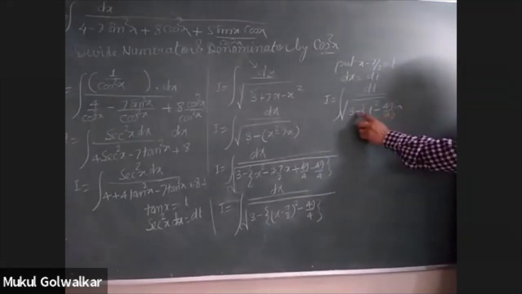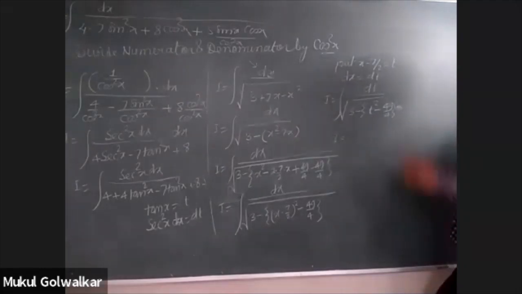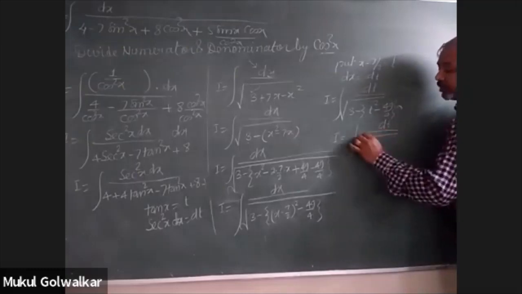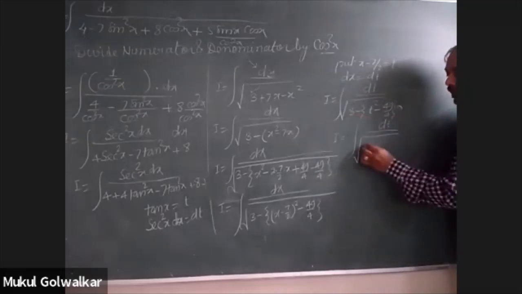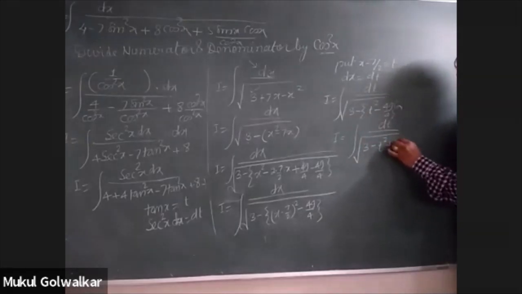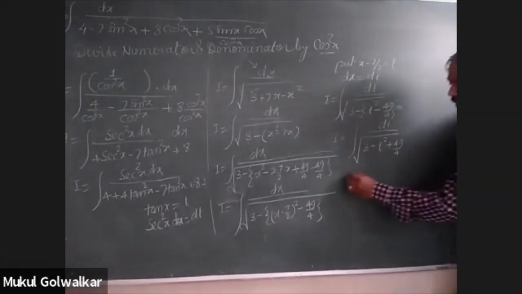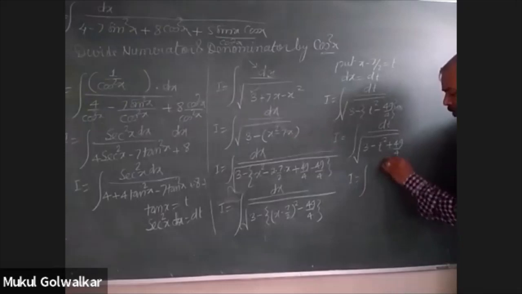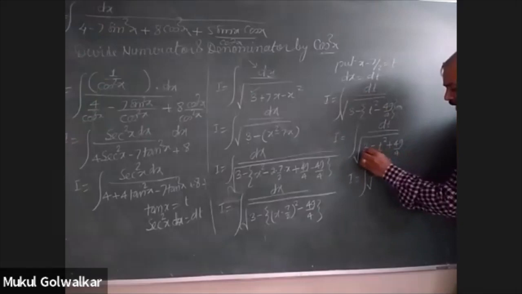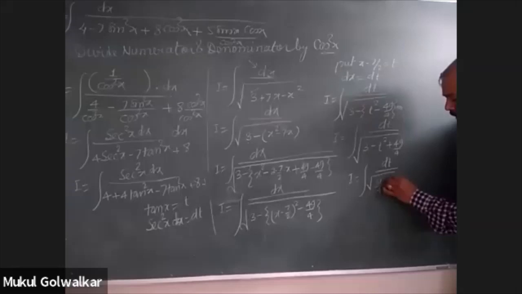And now we have to multiply this minus sign inside the bracket once again. Then a very typical type of thing will come in front of you. Especially you can see this type of question. When you open the bracket, that becomes 3 minus t square plus 49 upon 4. So the value of I will be equal to dt upon under root of, here this is 12 plus 49, that is 61 by 4 minus t square.